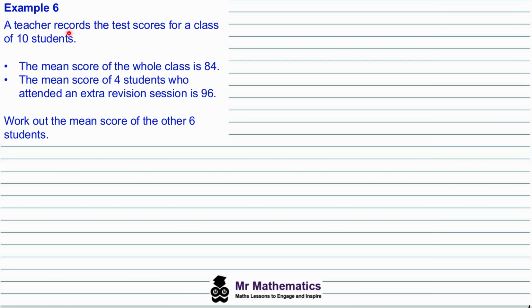We're told that a teacher records the test scores for a class of 10 students. The mean score for the whole class is 84, and the mean score of 4 students who attended a revision session is 96. We need to work out the mean score of the other 6 students. So the mean for the 10 students we know is 84, and this will be the total divided by the 10. So therefore the total would be 84 multiplied by 10,